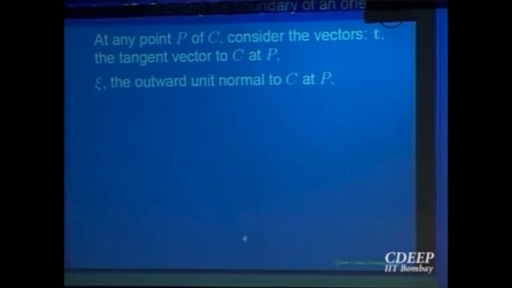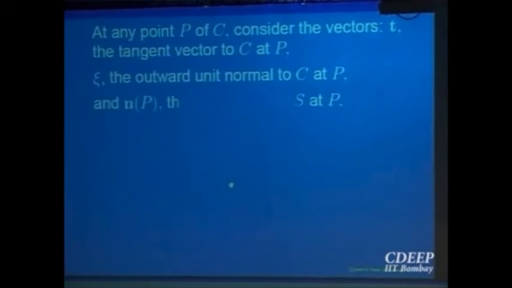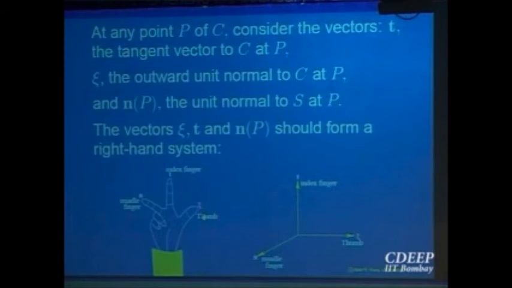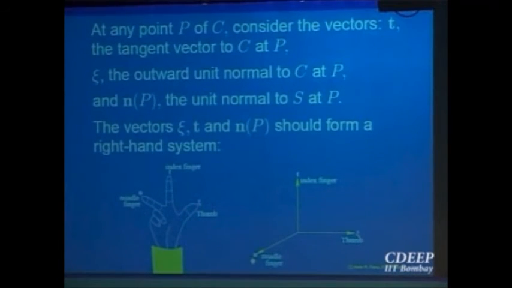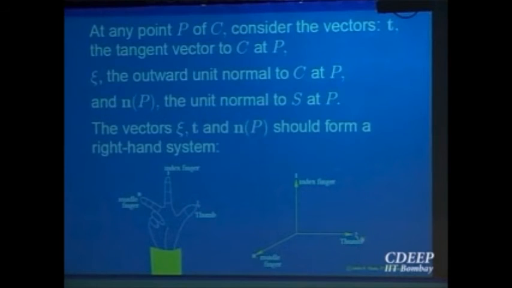From the normal, if you are going to the tangent side, here is a normal, here is a tangent. If you are moving along that side, then you should be moving along the third vector, the unit normal on the surface. That should be a right hand system. So that is a more mathematical way of deciding it. Let me show you what I mean. At any point, you look at the three vectors, xi, the outward normal to C, the tangent and the normal. Here is the middle finger, here is the normal N, the unit normal. Here is the thumb, so right hand system. From the thumb, if you go to the index finger, right hand screw kind of a thing, if you tighten it, it should go up.